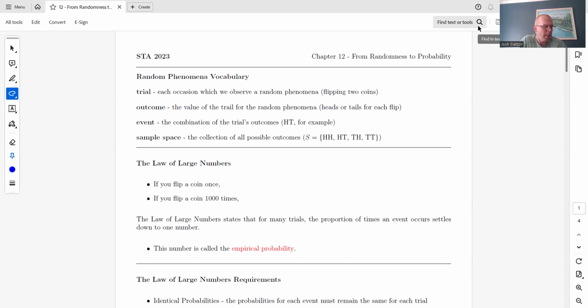So we'll use those. It's not super important that you memorize those definitions, but when we say sample space, for sure you need to know what that means, and then just be vaguely aware of the difference between trial, outcome, and event, and you'll be fine. So, law of large numbers. If you flip a coin once,